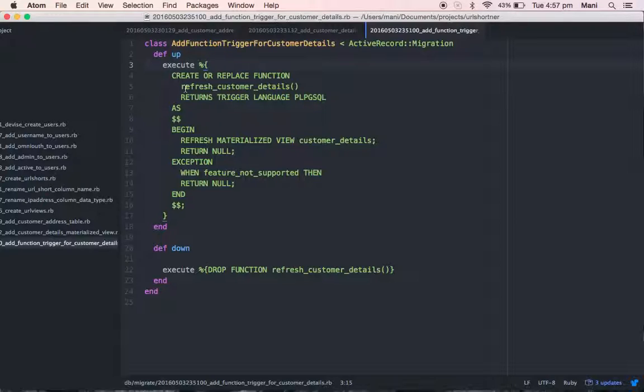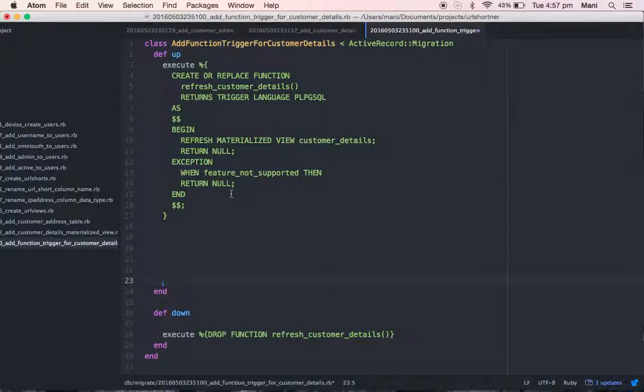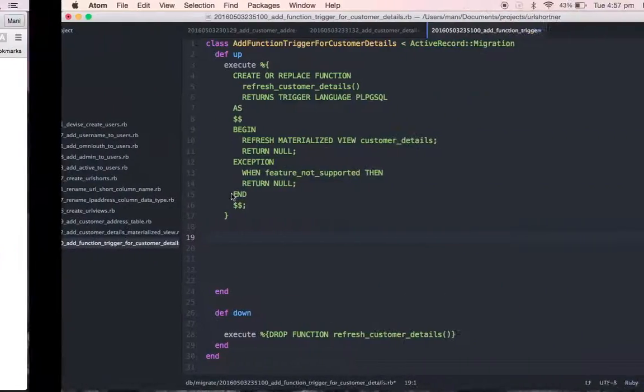But we have written the function and haven't written code to execute it. When am I going to execute it? As I said before, whenever I am updating the customer table or the address table, at that time I need to execute this function. That is my target. For that I'm going to write one more function, but before that I would like to show you the trigger syntax.